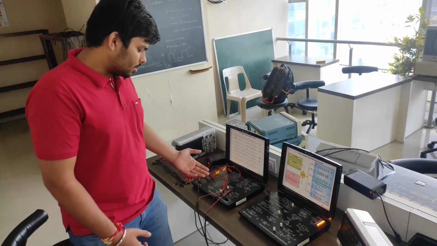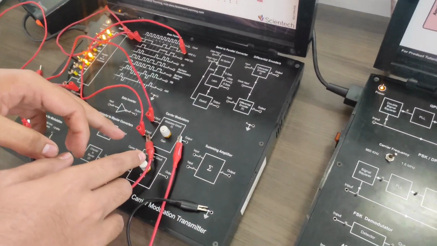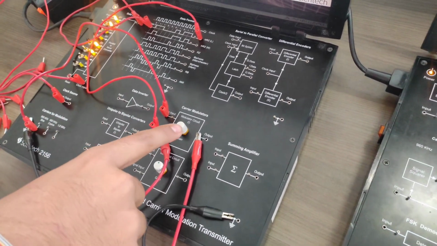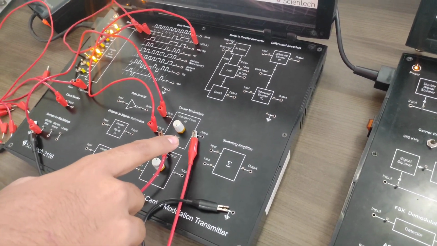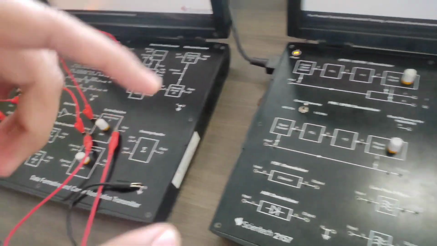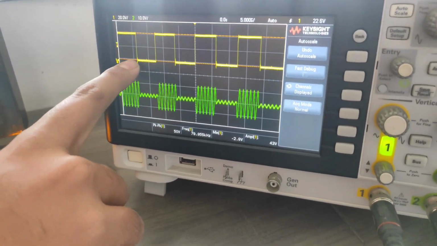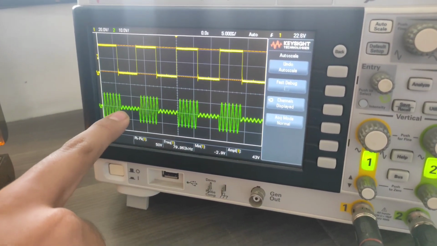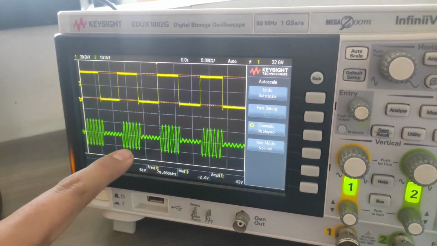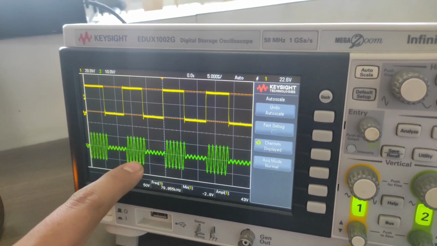So let's see the input data applied and the clock signal which we have given to the carrier modulator. This modulator will modulate the signal, as ASK is amplitude shift keying, which we can observe on our oscilloscope. For the binary data 0011 that we have given, we can observe that for a 0 bit the output is approximately 0, and for high bits we can see an amplitude shifted carrier.